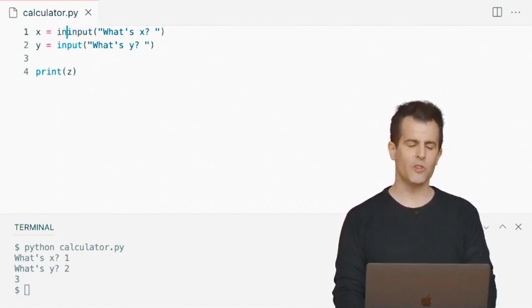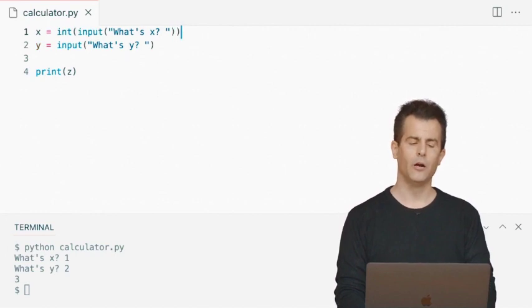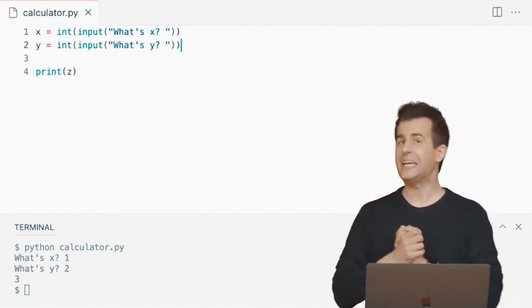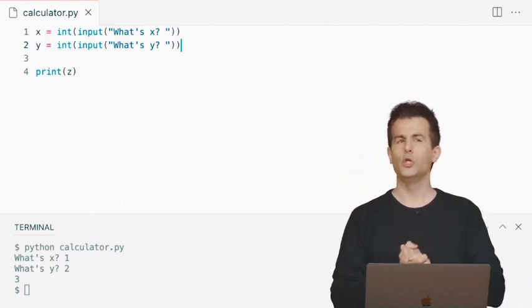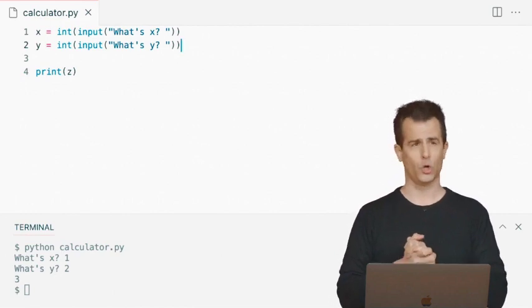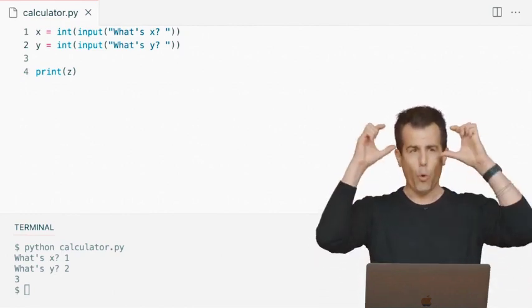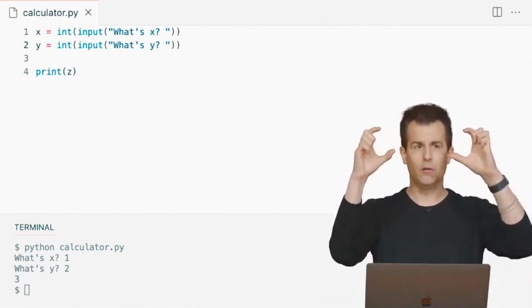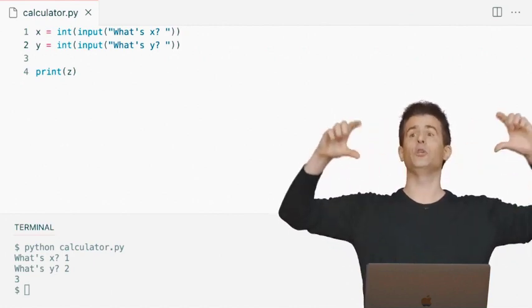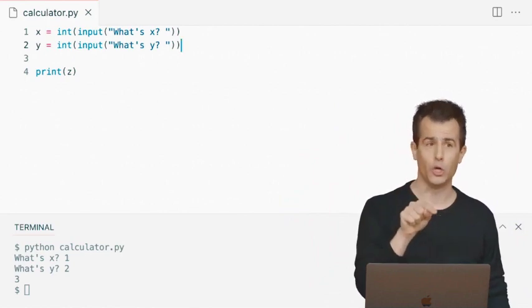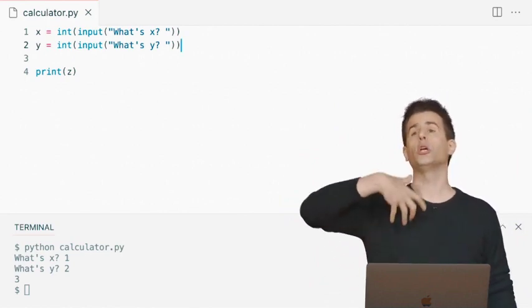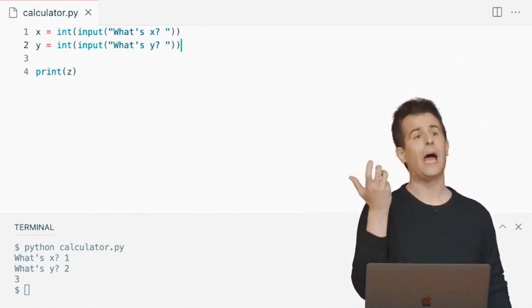Maybe I should change this to be int up here, change this to be int up here, doing something that's pretty interesting now, even though it's a bit of new syntax. Notice that you can nest functions, so to speak. You can put one function call, that is the use of a function, inside of the use of another function so that the return value of the inner function becomes the argument to, or the input to, the outer function.